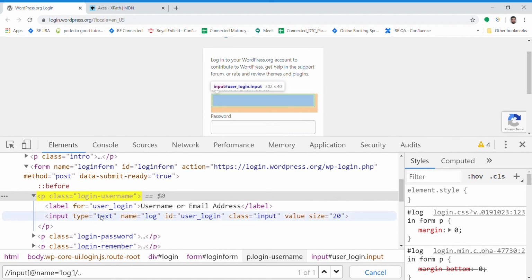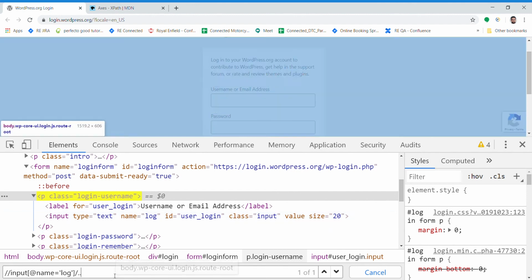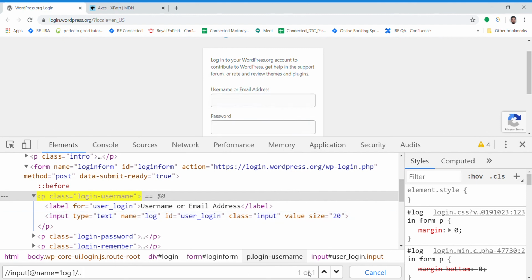What was the parent of this node? This one, right? Class name. These are the two children of this P class. These are the siblings. So boom, we are able to find out this parent of this child element. Only one element is there, so we are able to find it uniquely. If you use this XPath in our Selenium script, we are able to find out this, and we can just proceed with a function on this password field, right?